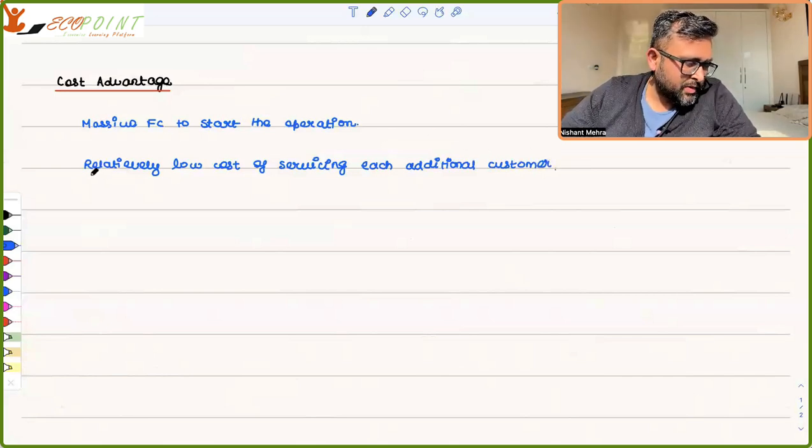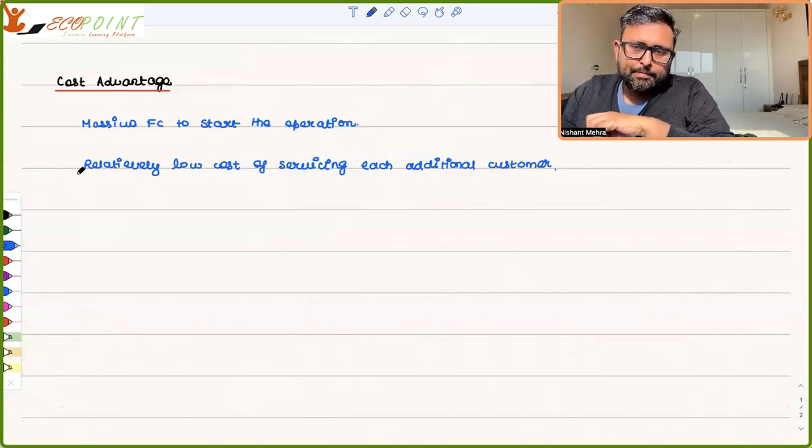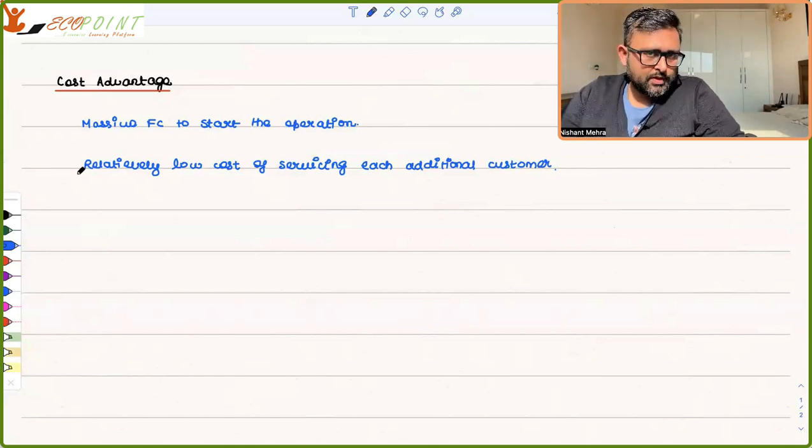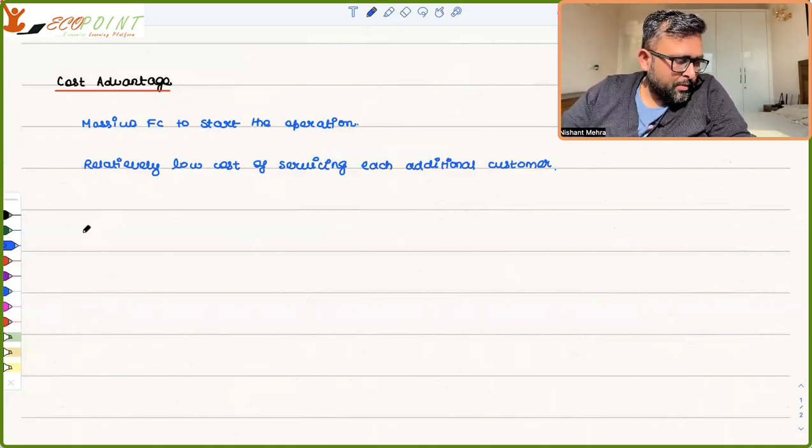Each additional customer, right. So अब यहाँ पे ये कहा जा रहा है कि मान लीजिए so what you are trying to say is that in such a scenario it is better that there is only one firm operating instead of two firms, right. Instead of two firms, if there is only one firm which is operating, it is rather better. वो ये क्यों कह रहे हैं? Because